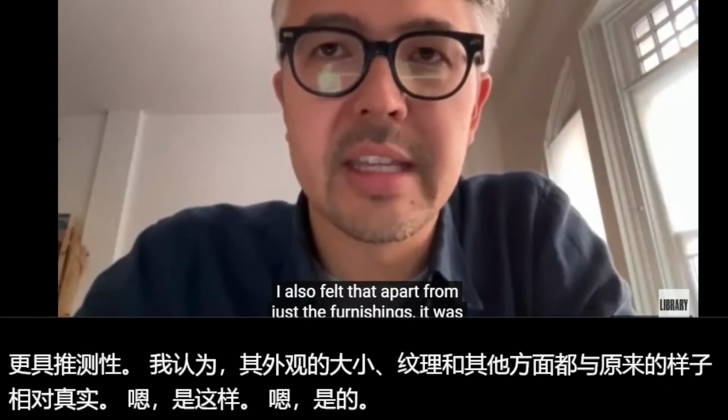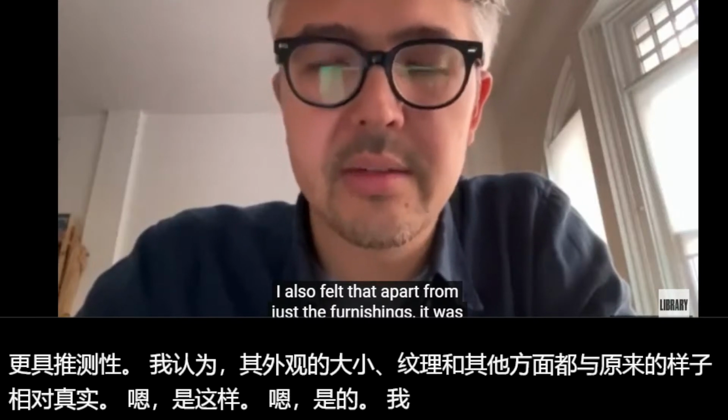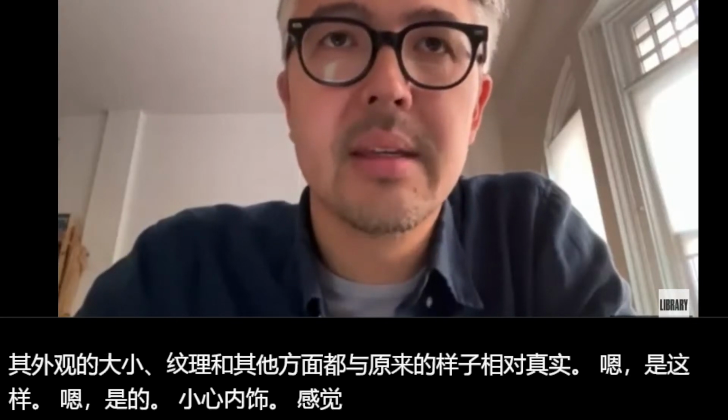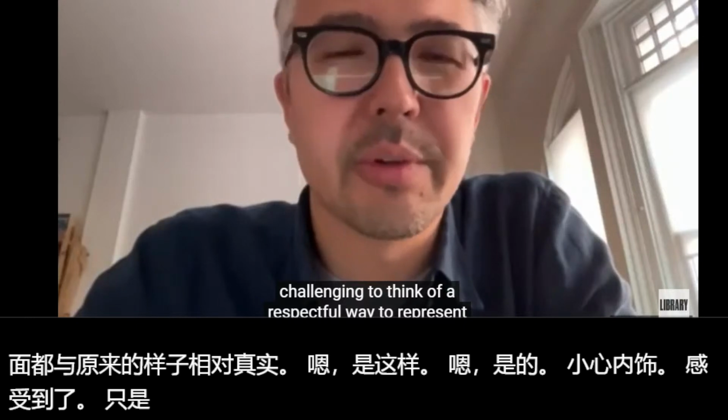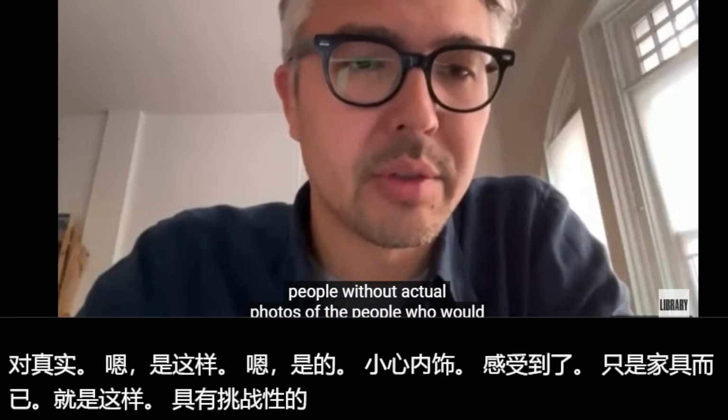I also felt that apart from just the furnishings, it was challenging to think of a respectful way to represent people without actual photos of the people who would have been in there.